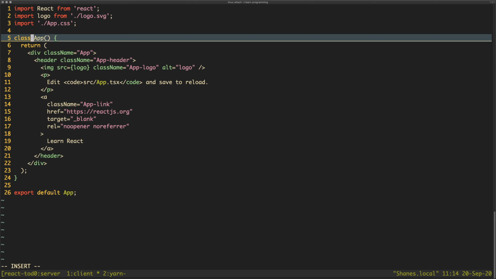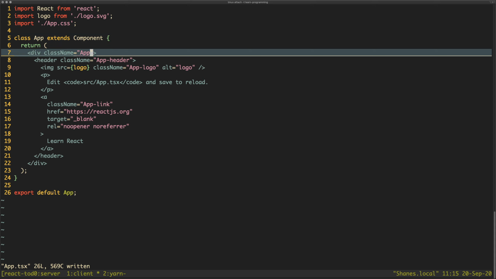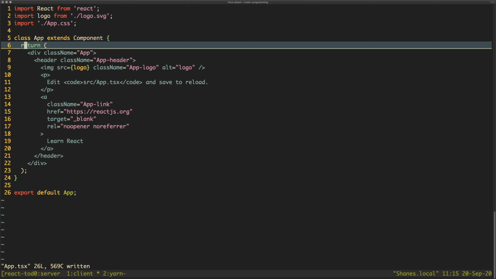So we can say class App extends Component. And I've totally spelled component wrong. We'll do that. And I've spelled component wrong again. I will type it right this time. Boom. Okay, now instead of returning something, because now we're extending a component, we're actually going to change this return